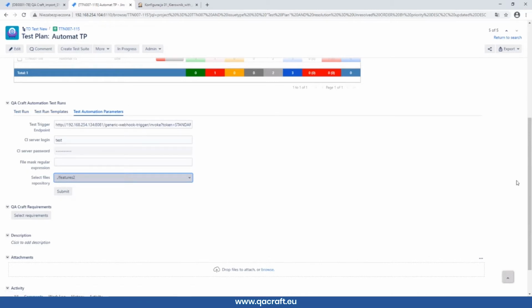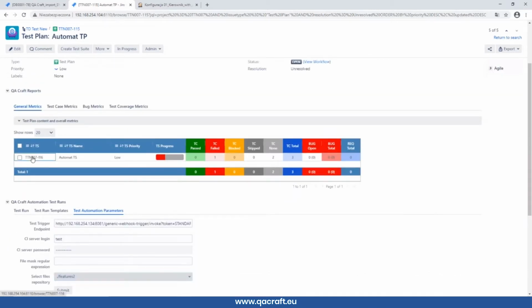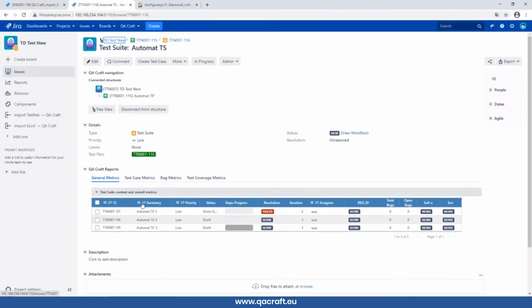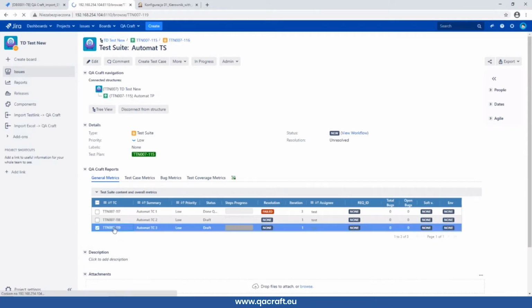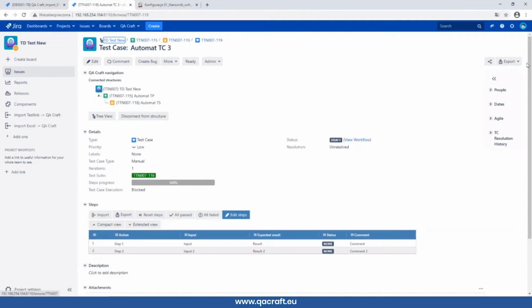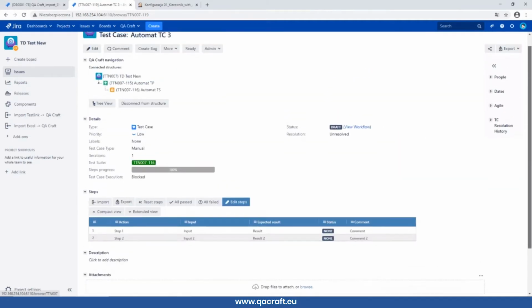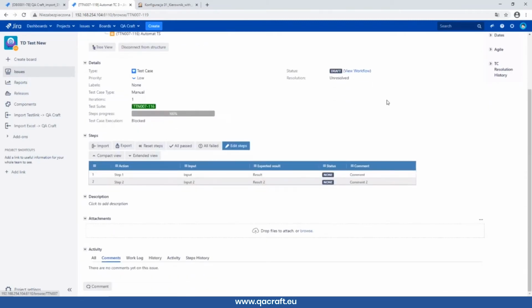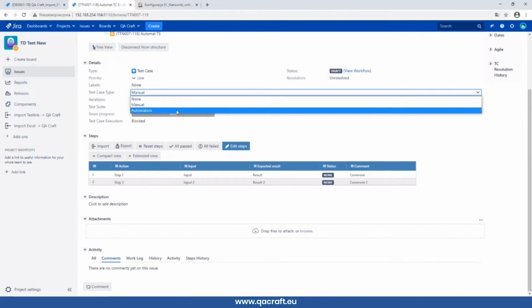Now, let's see how to configure it on the test case level in given test plans. We go to the test suite. Here we can see 3 defined test cases in the test suite. 2 are marked as automatic and 1 is marked as manual. For each test case which we want to use in an automatic test run, we have to change its test case type. That is because, having for example defined a manual scenario, we want to switch the test case to automatic,